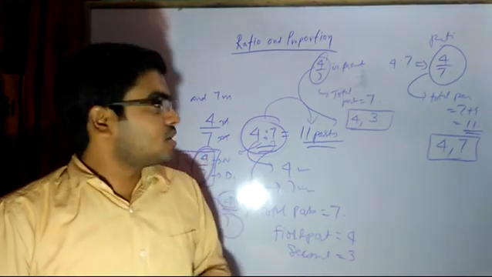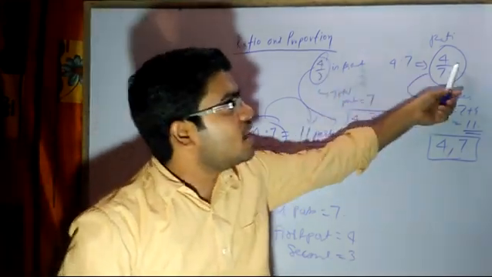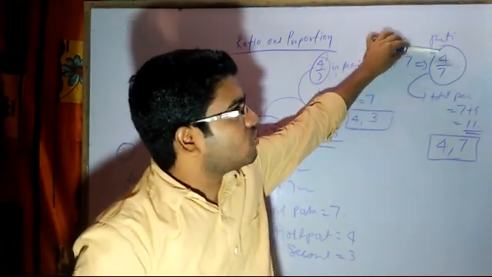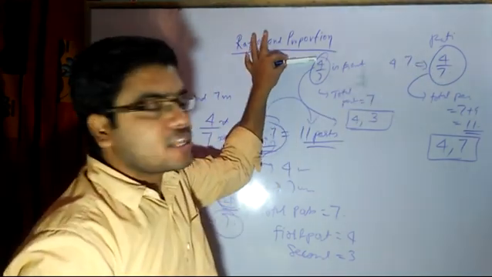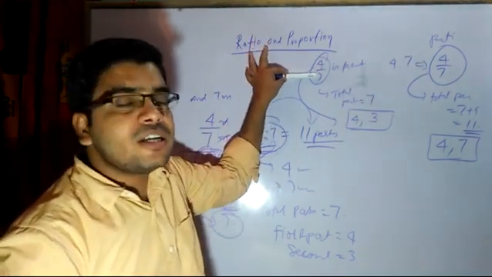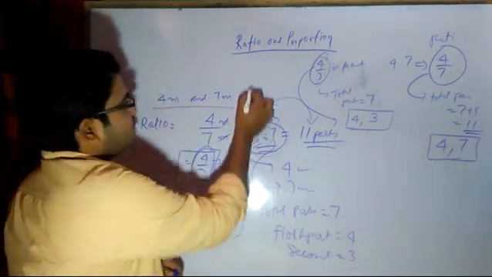A ratio gives us the idea of comparison between two quantities. From the fraction I cannot identify the comparison of two quantities. In a ratio, one part is 4 units and the other part is 7 units. But for the fraction I cannot say that one part is 4 units and the other part is 7 units. That would be incorrect.